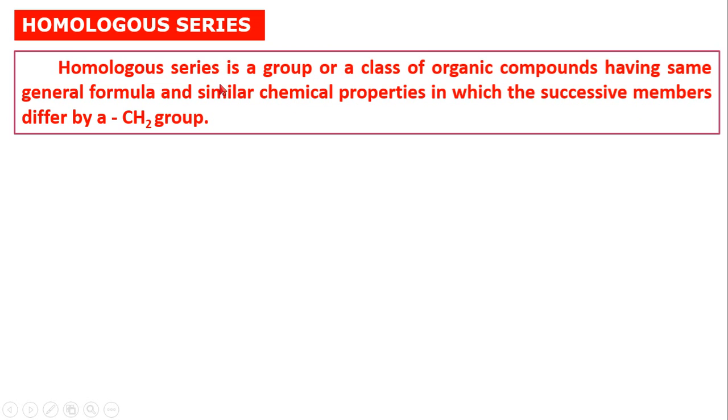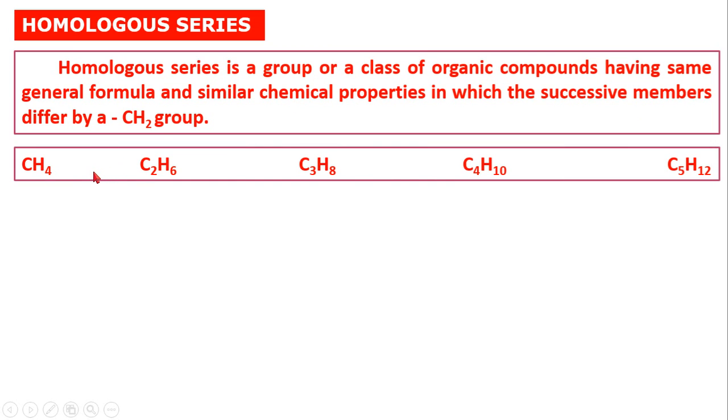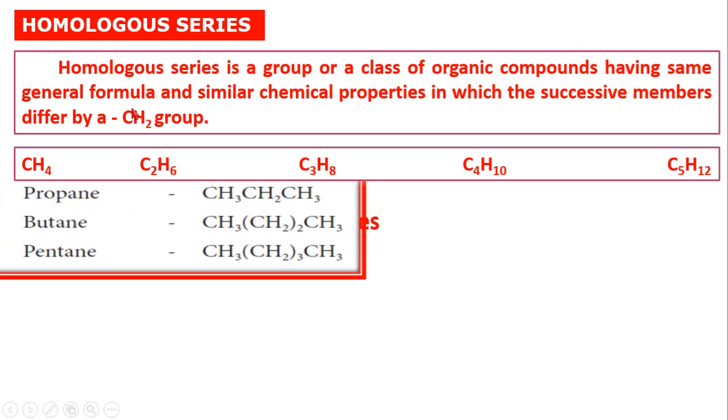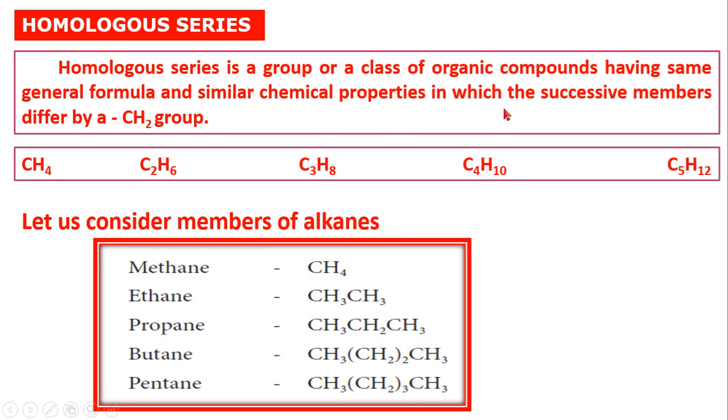Now come to the next topic, that is homologous series. What is homologous series? Homologous series is a group or a class of organic compounds having the same general formula and similar chemical properties in which the successive members differ by a CH2 group. CH2 means methylene. For example, methane. The formula of methane is CH4, ethane, C2H6, propane, C3H8, butane, C4H10, pentane,